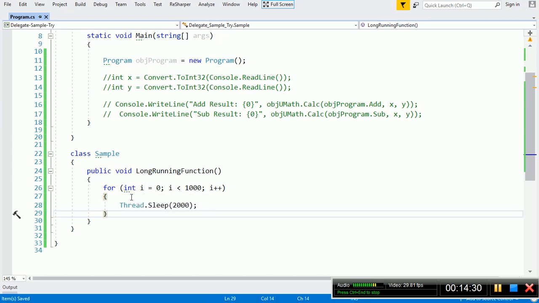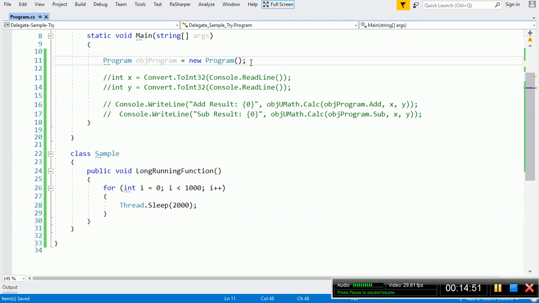So on every iteration this loop will pause for 2 seconds. It will take more time to complete this loop, so this function is a long running function, it takes more time to execute.